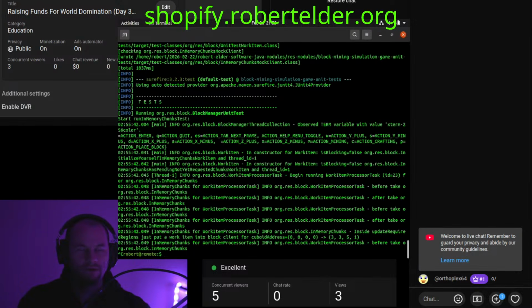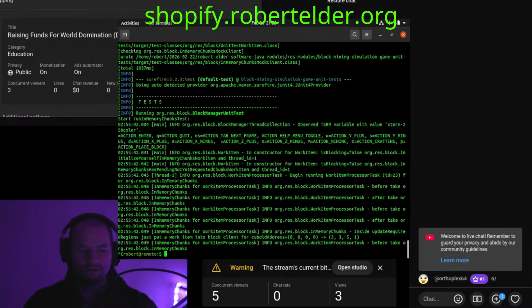So I think where I left off was I was thinking about making some updates to how threads terminate, which is something I've wanted to do for a while. And that would allow me to close off the unit test by sending a message into the in-memory chunks thread telling it to shut down.